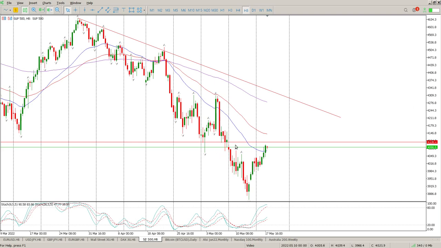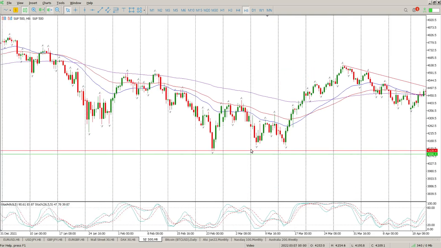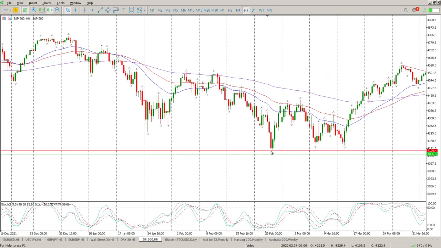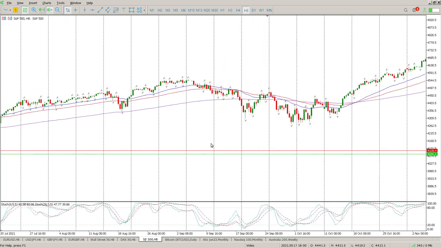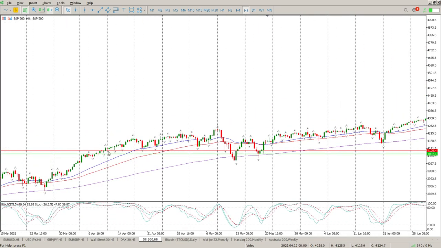We do have a little bit to go to the gap close, which is probably the first target, and that is at 41.08. If you look to the left, you'll see there is a swing low right at that area that needs to be tested, and if we keep going left, you'll see there is a little bit of interaction sort of at this area, and I'm just going to put in a zone,